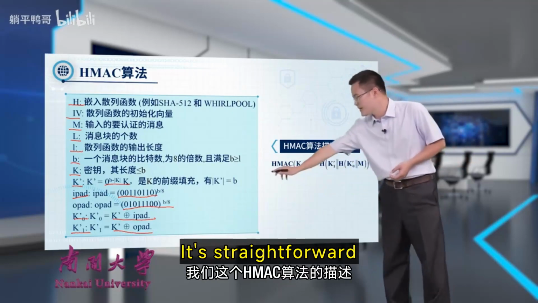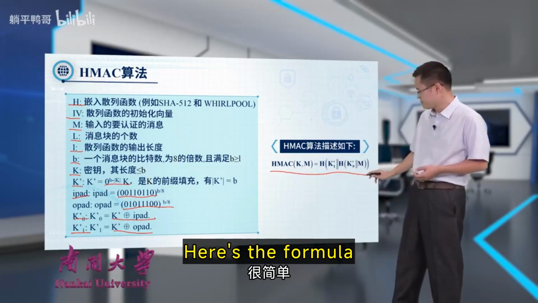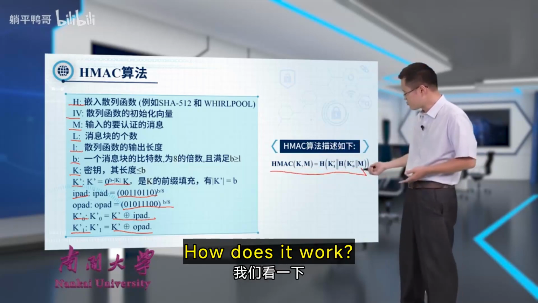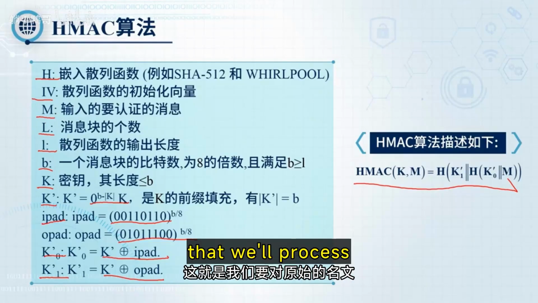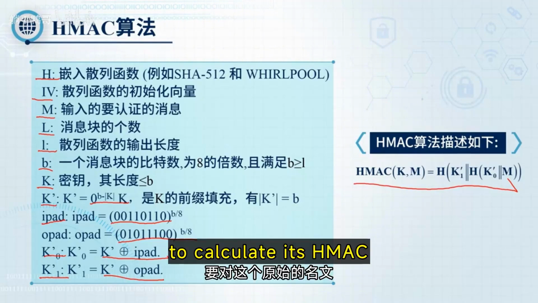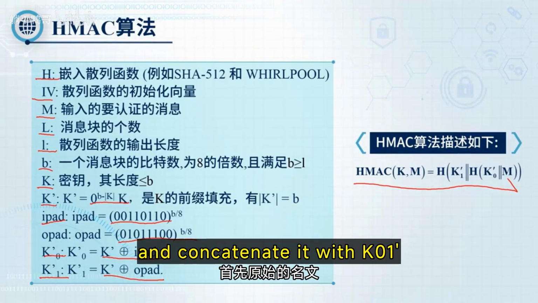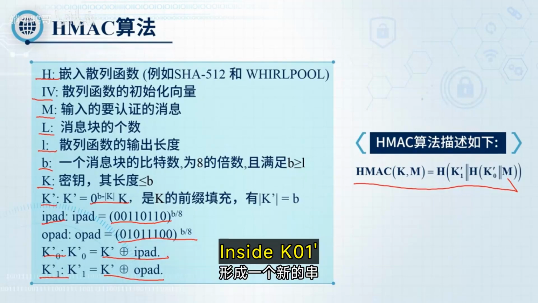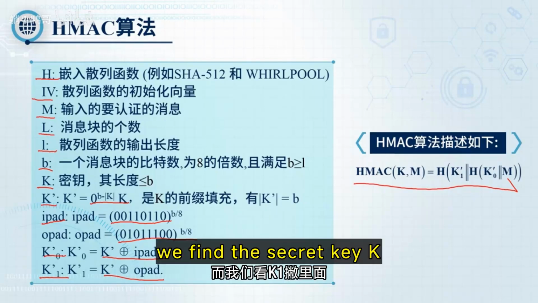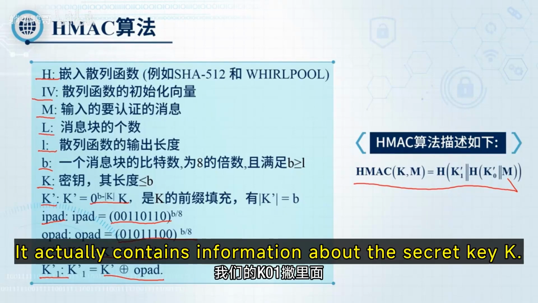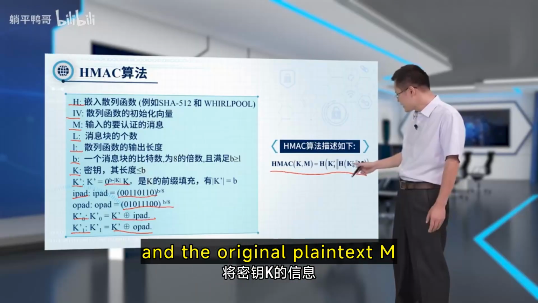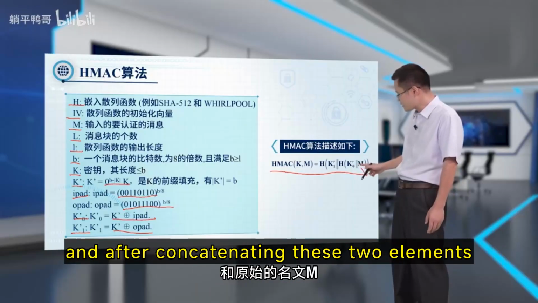It's straightforward. Here's the formula. Let's see, how does it work? Now we have the plain text message that we'll process. To calculate its HMAC, first, we take the plain text and concatenate it with K0' to create a new string. Inside K0', we have K+, and within K+, we find the secret key K. So in essence, K0' actually contains information about the secret key K. We take the secret key K and the original plain text M, and after concatenating these two elements, we perform